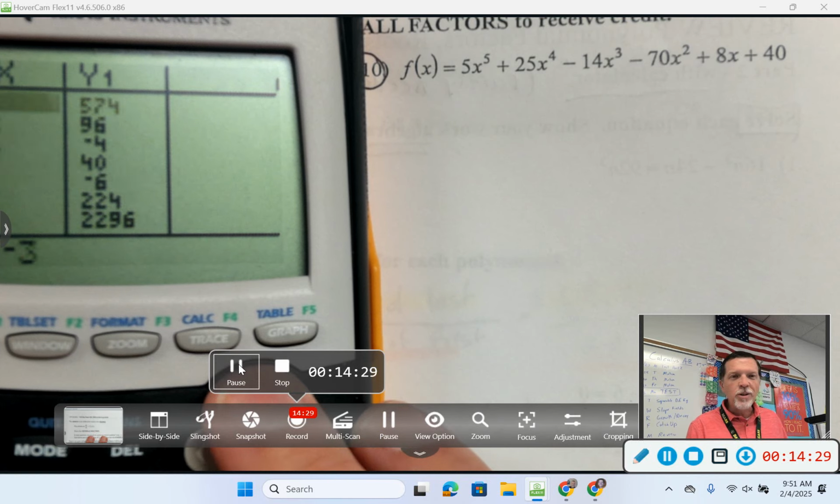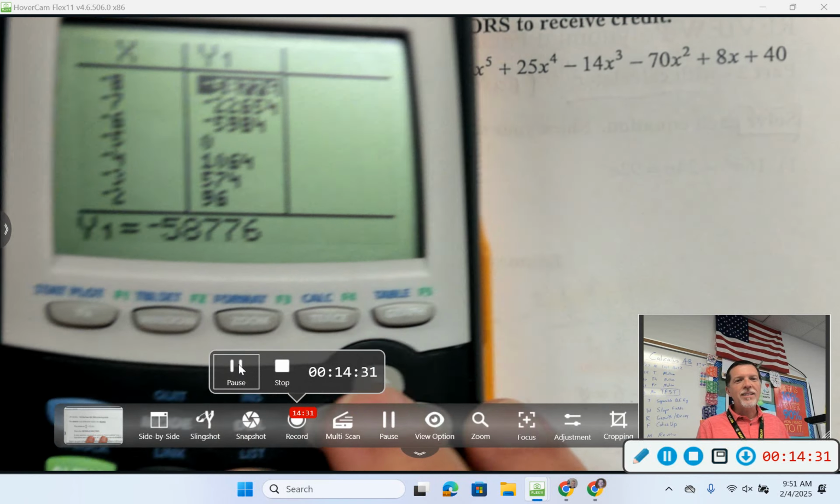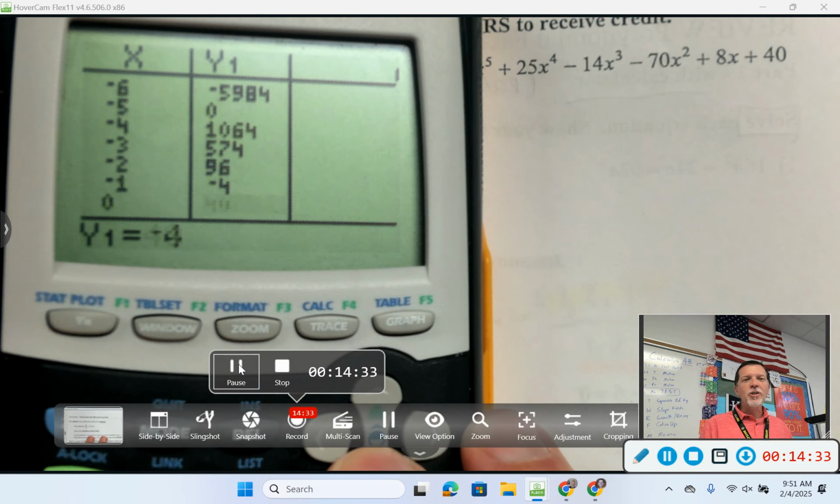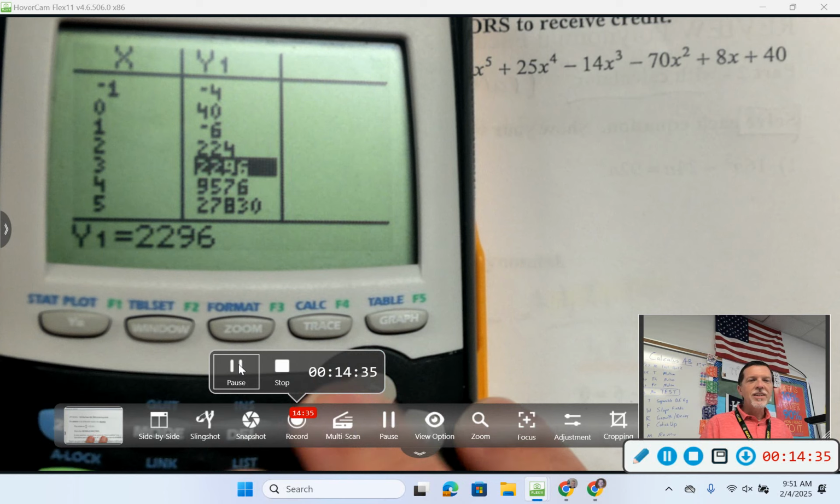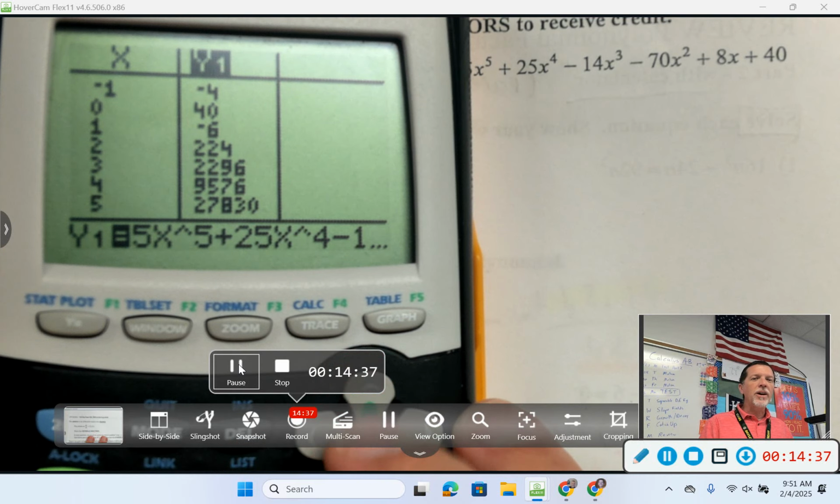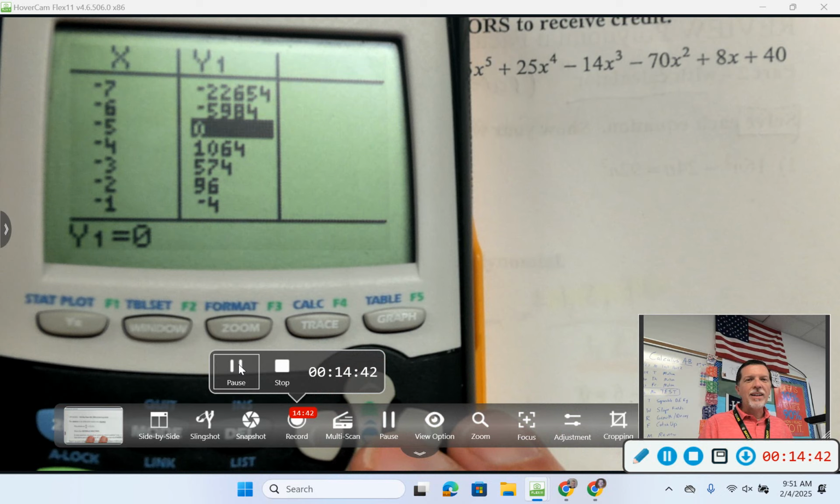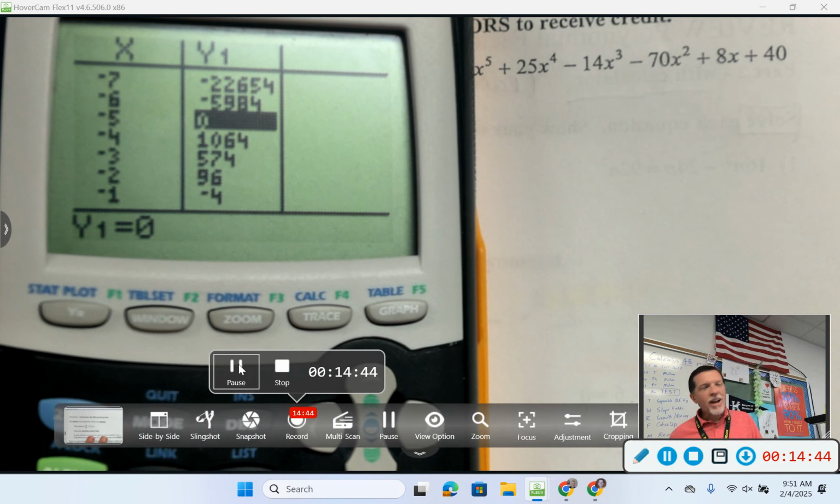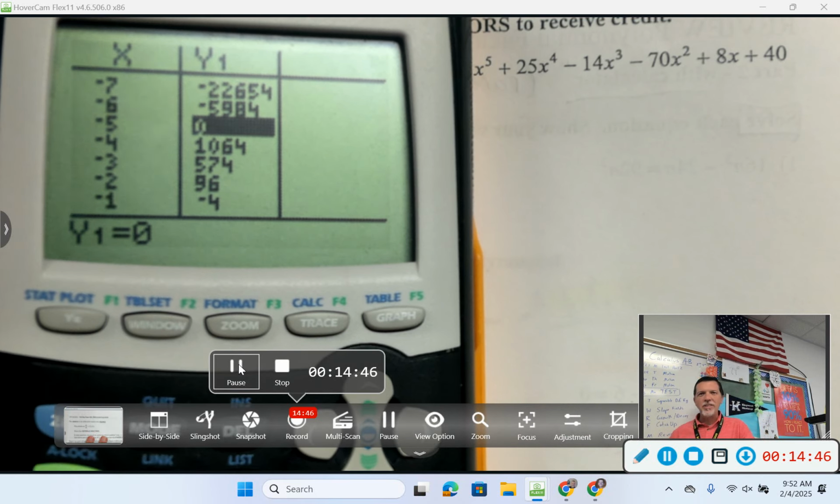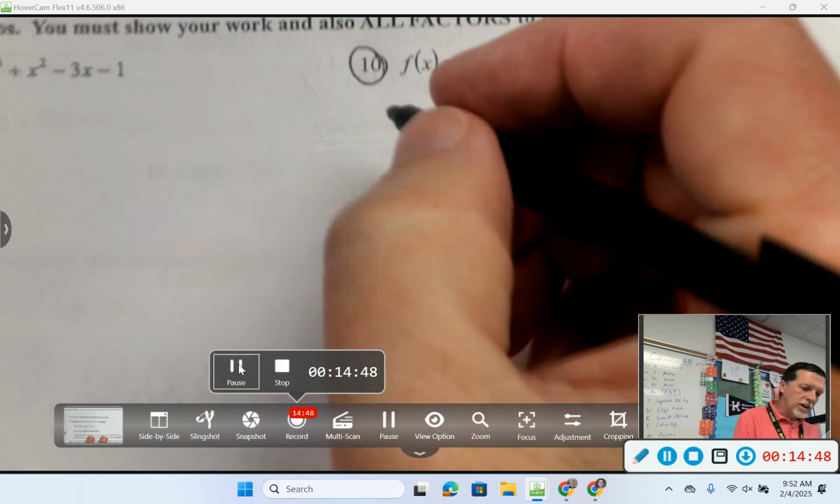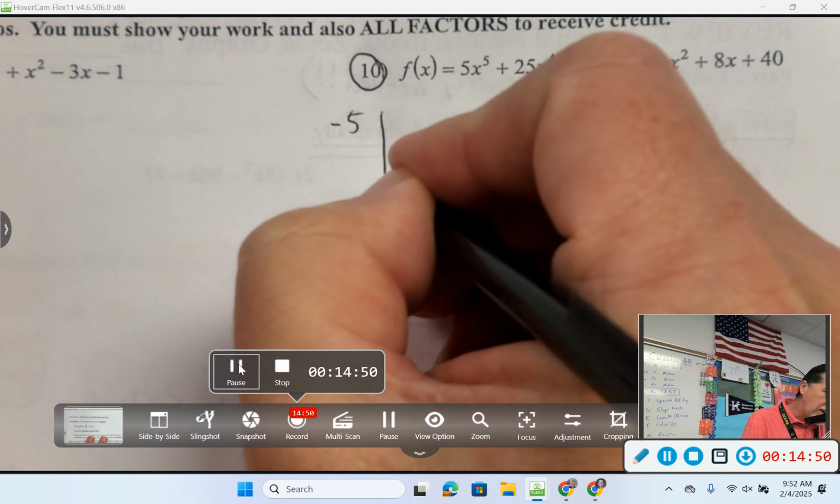I'm checking the table, oh, look at that. What am I looking for on the table? A 0 where? On the y, and I got one at -5. So I don't have to do the second calc 0 business. I found one that will work. So I'm going to use -5,